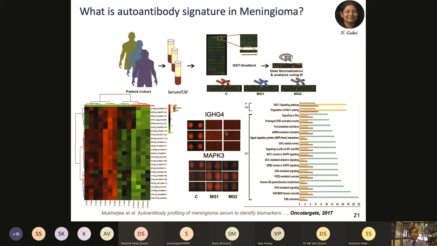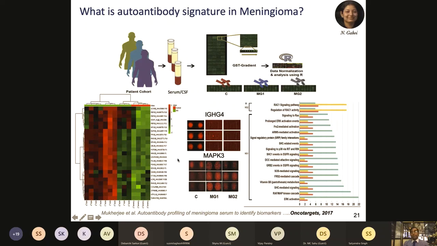Since we were doing this experiment, we also had a similar type of brain tumor, not of glioma origin, but this time of meningioma origin. So these are the meninges of the brain from where the tumor is arising. We collected serum and CSF samples of these patients. Of course, we had the tumor tissue as well, for which we did another project using mass spec. But here we were looking at the serum or cerebrospinal fluid. Two PhD students, Sholena and Nikita, worked on the serum part and the CSF part respectively.